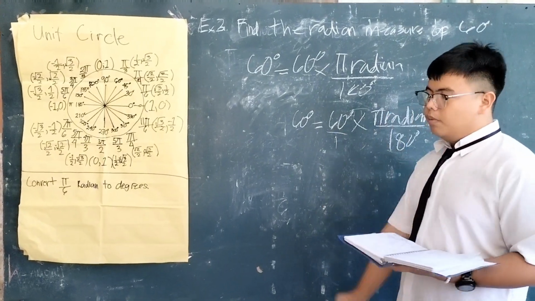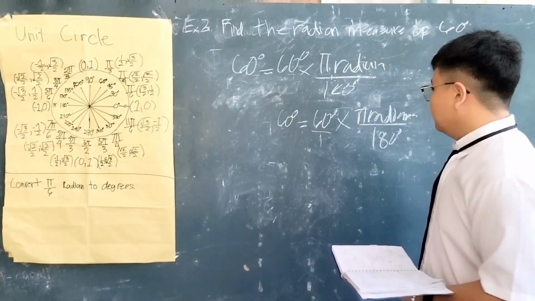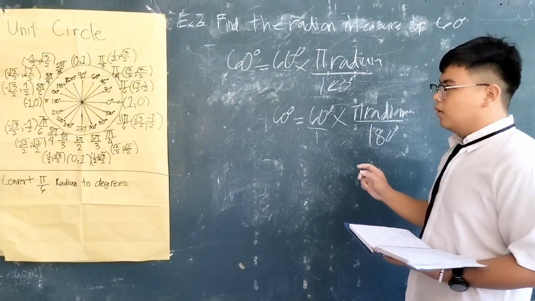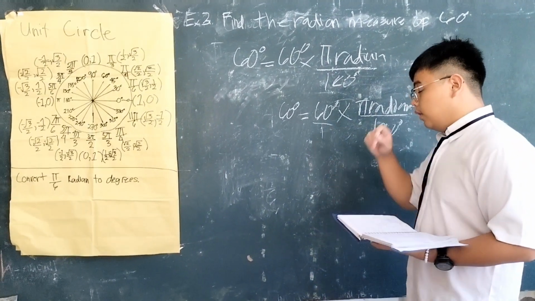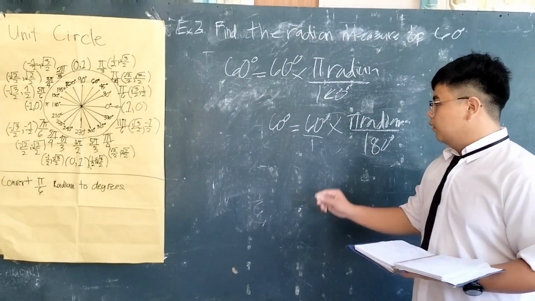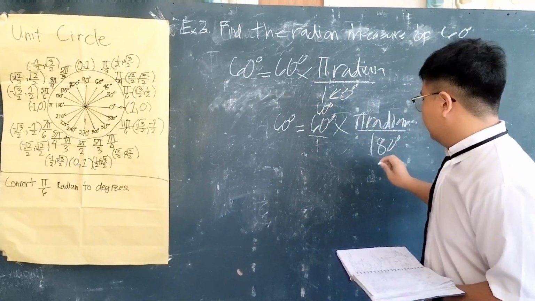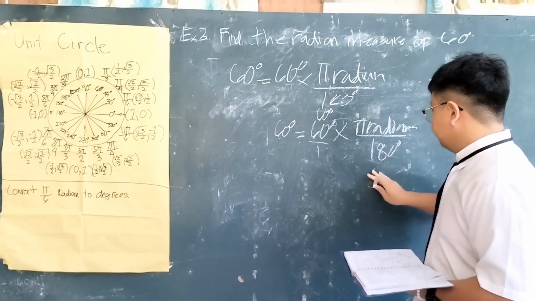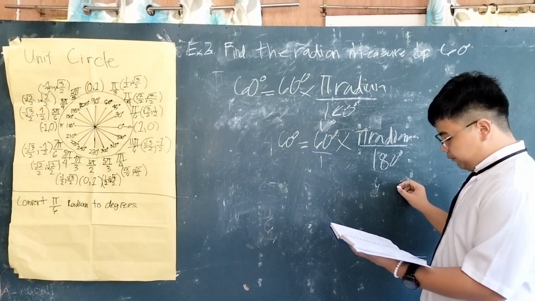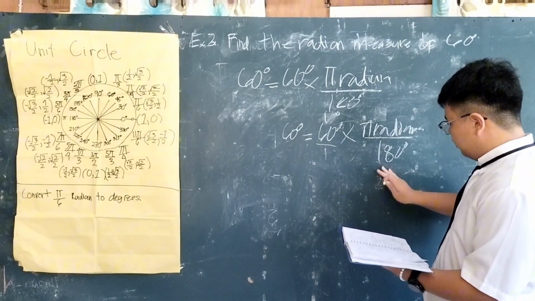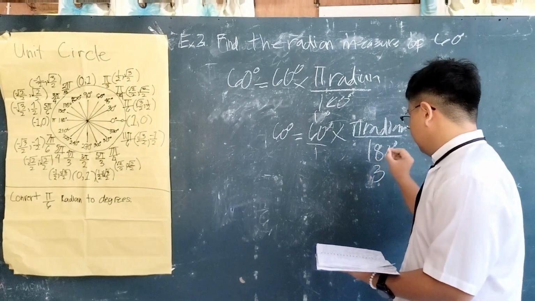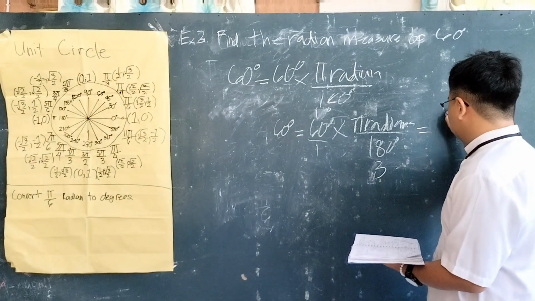Right? Every whole number has a denominator of 1. Before we multiply, we need to find the divisible number first. The divisible number of 60 is 60, and for 180 it is 60. So 60 divided by 60 equals 1, and 180 divided by 60 is 3. So 1 times 3 is equal to 3.